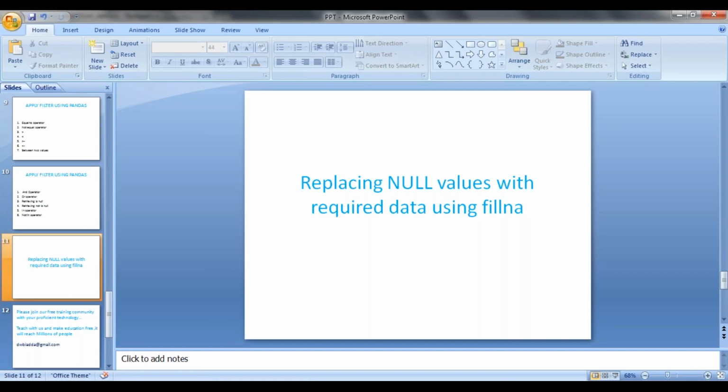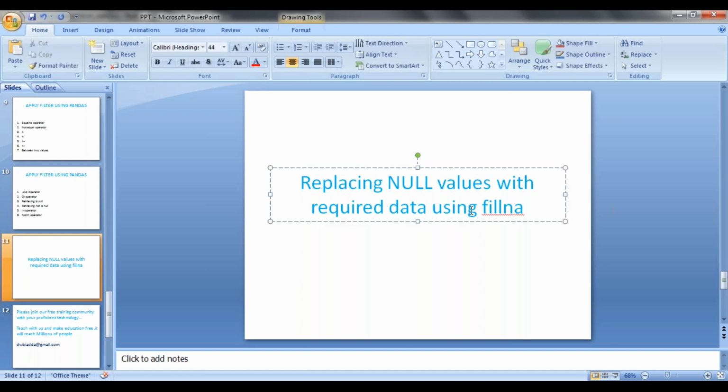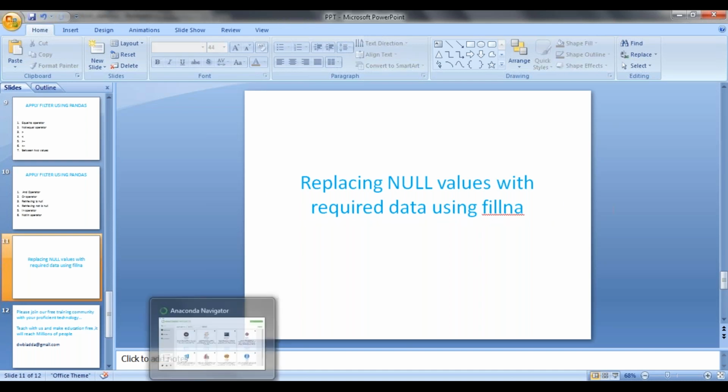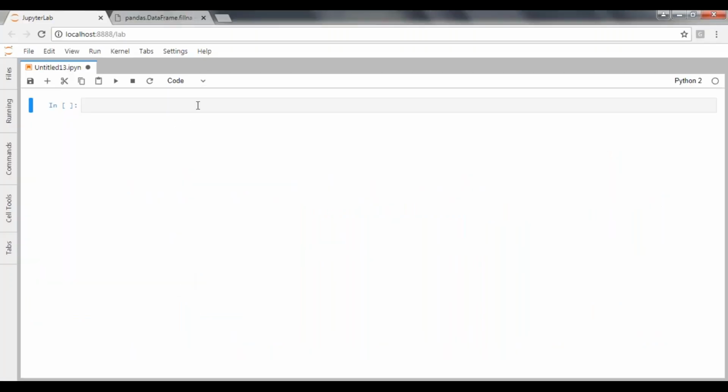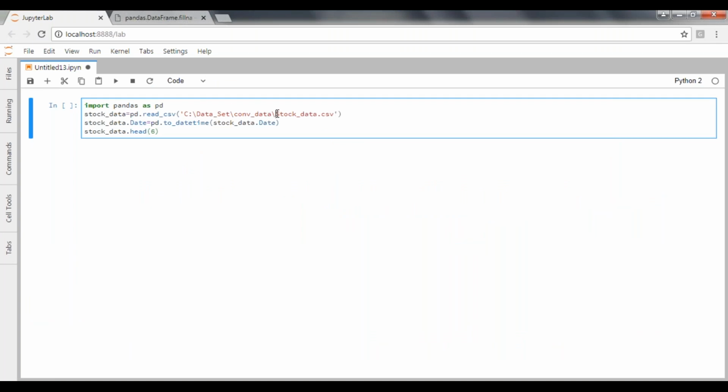Hi guys, welcome back. In this video, we will see how to replace null values by using the fillna method in Pandas. Right. So just launch your Anaconda Navigator and launch your Jupyter Notebook. So first, I'm going to import Pandas. I'm trying to import my stock data initially, converting the date column to date data type and displaying only the first 6